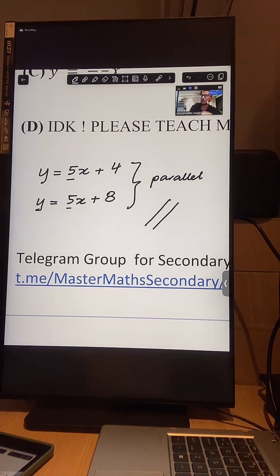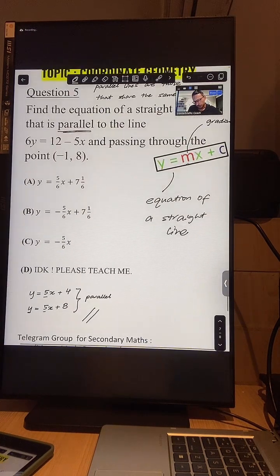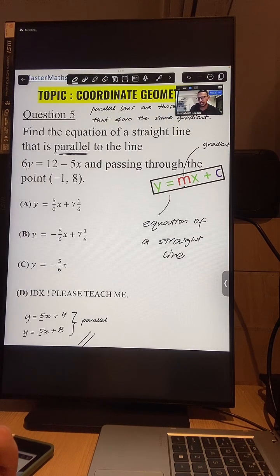But for now, to answer this question, you need to first know that parallel lines share the same gradient. So 5x plus 4, 5x plus 8, these are all lines which have the same gradient. The same gradient they have here is 5. So they are parallel. So, how do we find the equation of a straight line that is parallel to the line 6y equals to 12 minus 5x and passing through the point (-1, 8)? Okay, firstly,